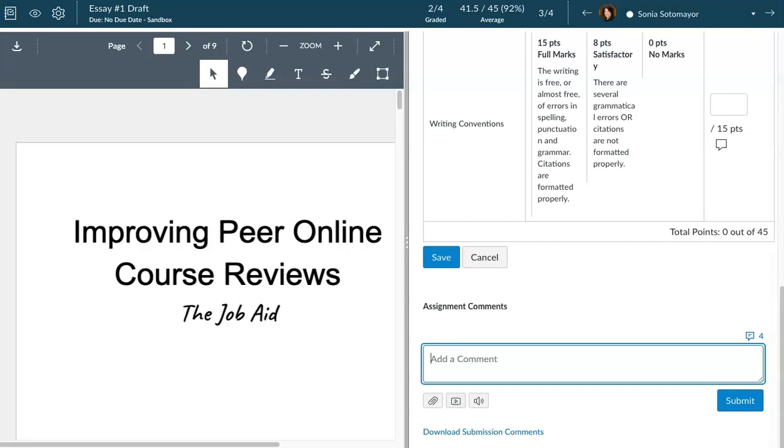Numerous studies have shown that students perceive audio and video feedback as more personalized and easier to comprehend and take action on than written feedback. Because nonverbal cues aren't available in written communication, using video or audio, especially when you're giving constructive criticism, means that you can be sure to use a gentle voice tone and look directly at the camera, as though you're looking right at the student, and use other ways of expressing genuine care and support as you're giving what may be uncomfortable messages to the student. That way it makes it much more likely the student will be able to take in your feedback.